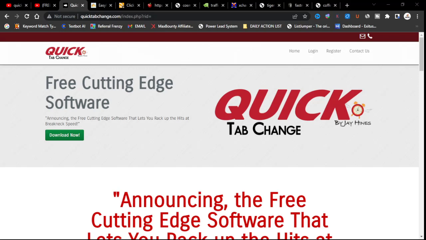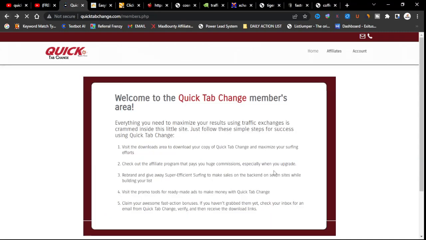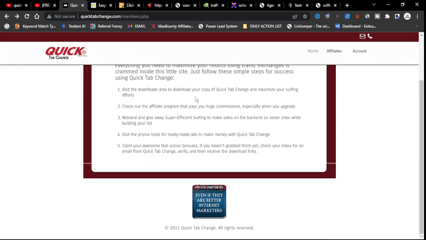So this is where Quick Tab Change comes into play. How you use this is with hotkeys that they have. I'm going to show you what I mean with the hotkeys. As soon as I get through my tab here, I'm going to click. I know I've got like 2 tabs that I use. Now you see this right here. This is the Quick Tab Change